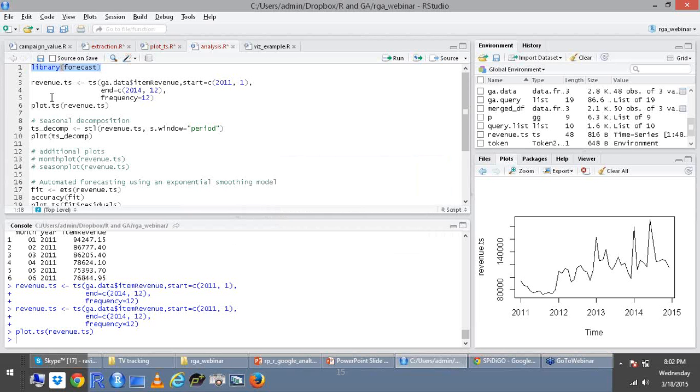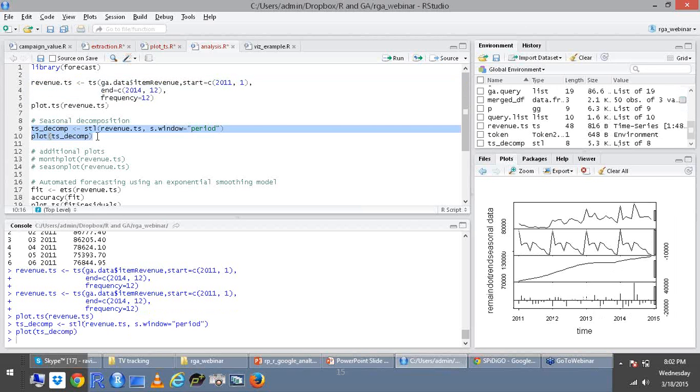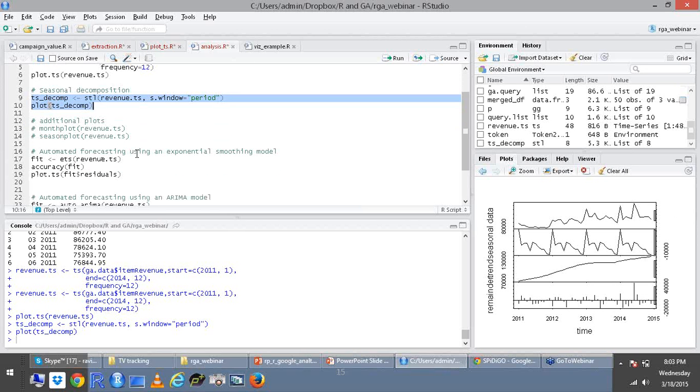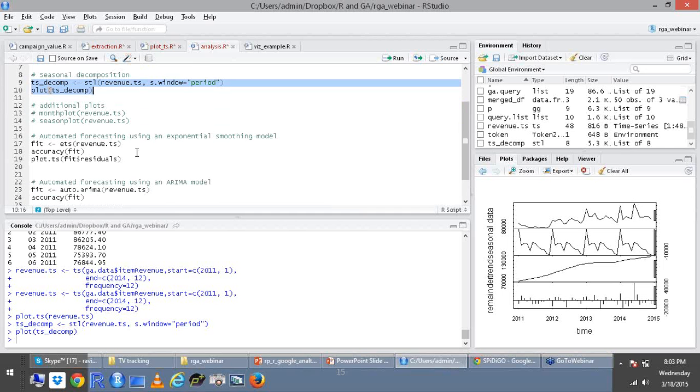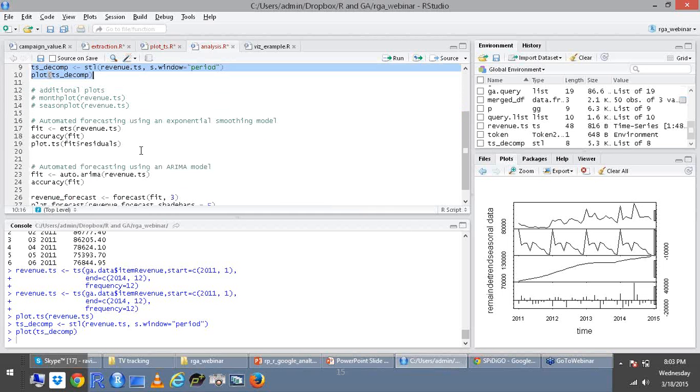With these 3 lines of code, you can produce this chart and plot the revenue.ts as a chart, and you can actually do a decomposed chart here as well. If you would like, you can get a seasonal plot and monthly plot as well. But that's something anybody can do, and I don't want to waste your time.